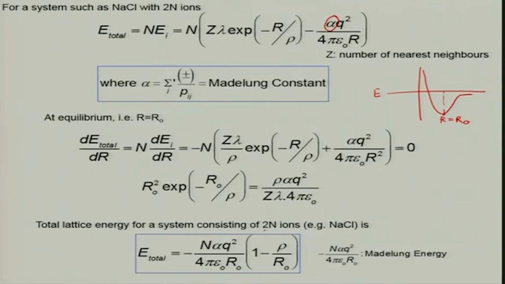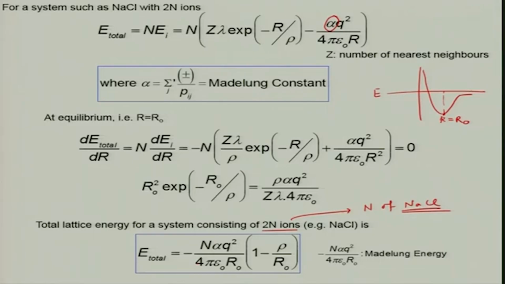So, what it means is that 2n ions or n of NaCl molecules. So, this E total will then be worked out as